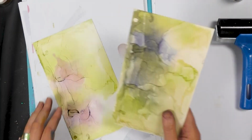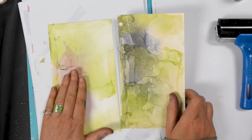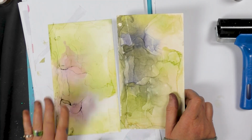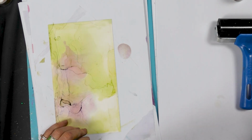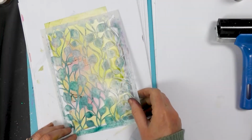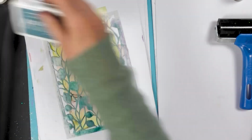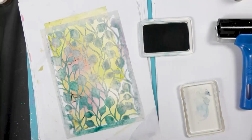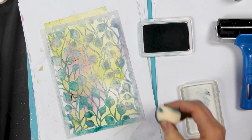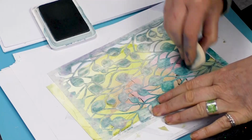Okay, so you can use both of these if that's what you want. In fact, using a stencil over the top of this is really quite nice. I'll just show you now. So let's just, for argument's sake, grab this one and pop that over the top. This time I'm going to be needing our archival, because this works better on the Yupo card because it dries. So if I take the smoothie and just dab that over the top,